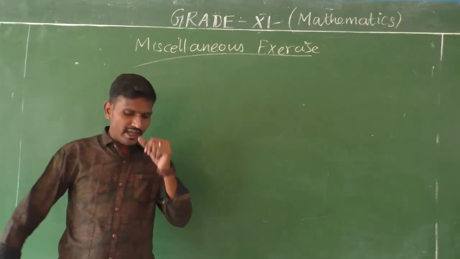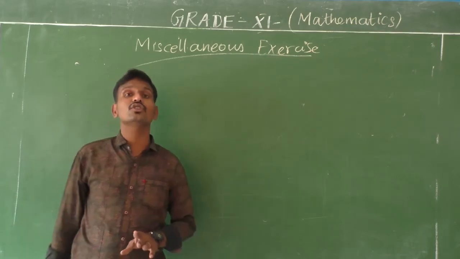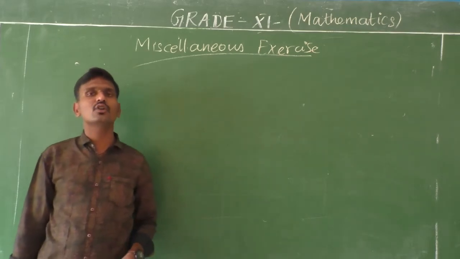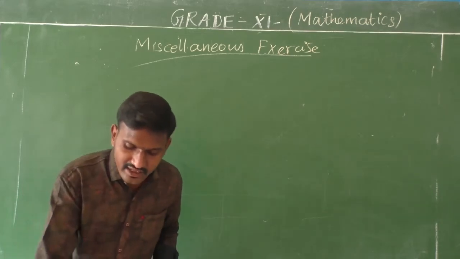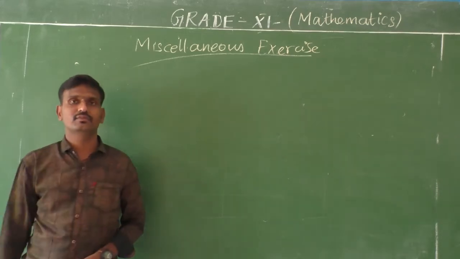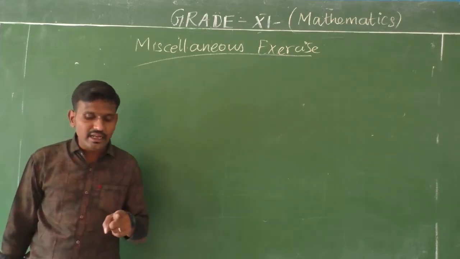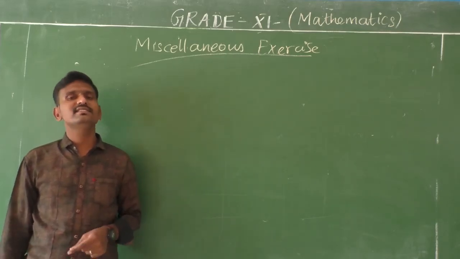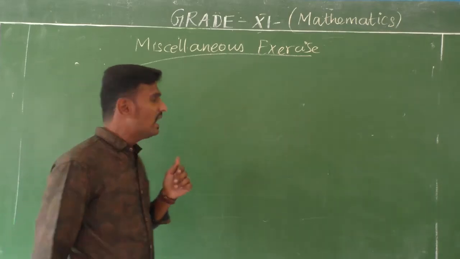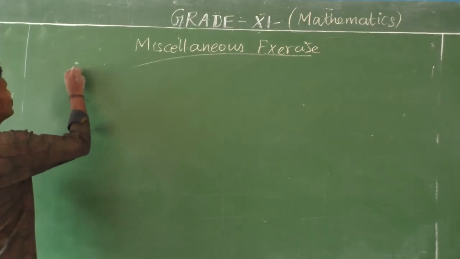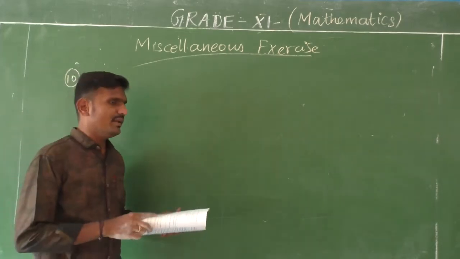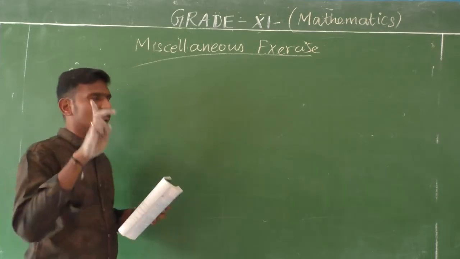So students, up to the 8th question is done; from the 9th question onwards you have homework. The 9th one is true or false, which we have to check using example 19. Based on example 19, you have homework for question number 9 in that miscellaneous exercise. Now I am coming to the 10th question. It is also very simple, but I have to recall it to you because relation is from your first exercise.